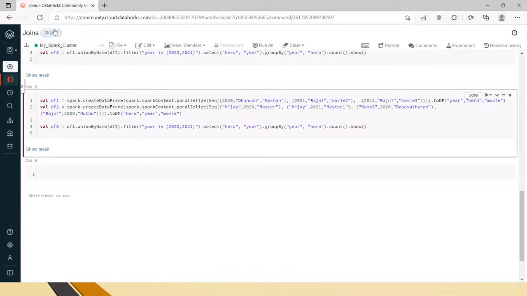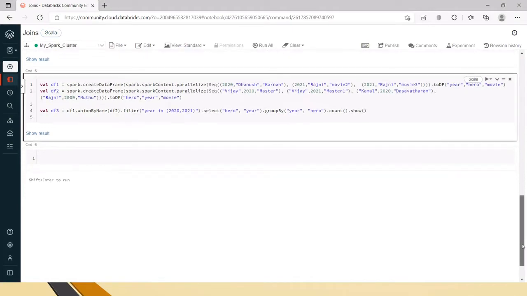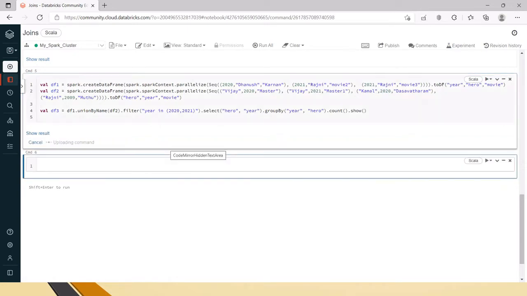So let's see this example. The same code that I just showed you in the PPT, I have copy pasted here. Same union, filter, select and group by and count operations are there. When I run this code,